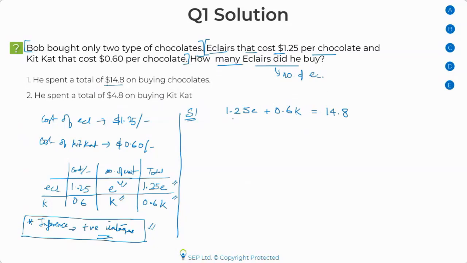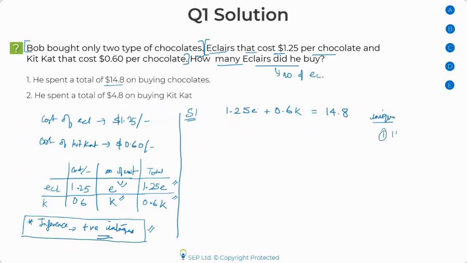answer. Now, in this case, please keep in mind that if you have a single equation with two variables, and you do not have any other information, then obviously this is not sufficient to get the answer. But sometimes if you have some implicit information, like here, that E and K are positive integers, or more information on the variables, I would request you to try and solve the question. Try and see if you can use this information to get a unique answer, because at the end of the day you're looking for a unique answer. That's all. Okay, so there are a number of ways of doing it.